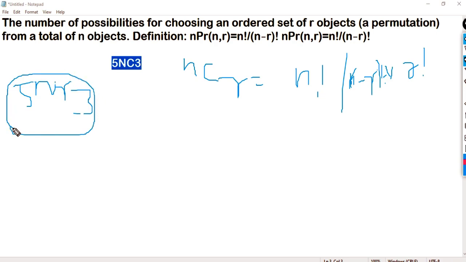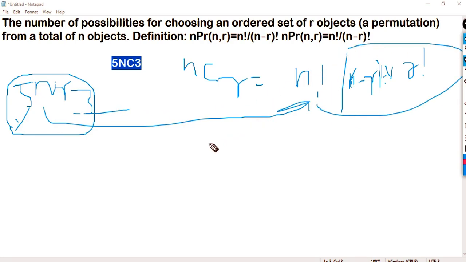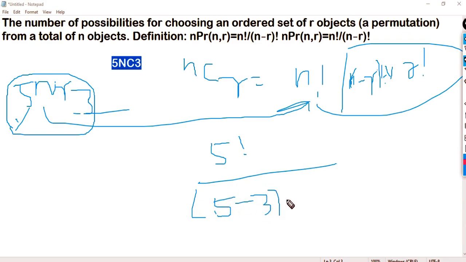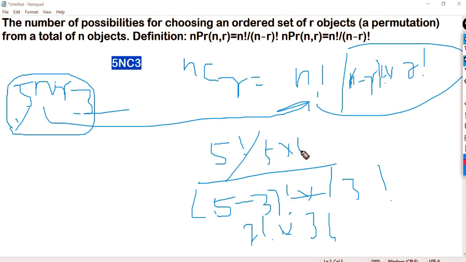We have to find this value. How do we find it? By our code, but first we have to understand it by this formula. Let's put in the value of n as 5 and r as 3 in this formula. What we get is 5 factorial divided by (5 factorial minus 3 factorial) into 3 factorial. So here we get 2 factorial into 3 factorial. When we break down 5 factorial, we get 5 into 4 into 3 factorial.